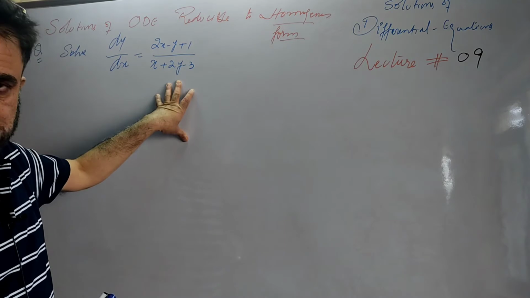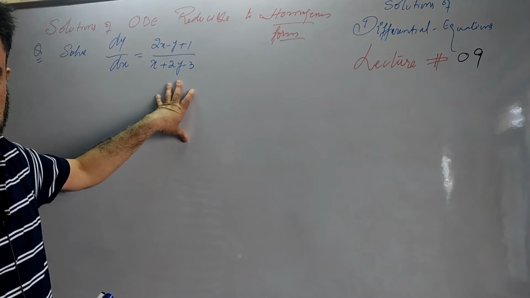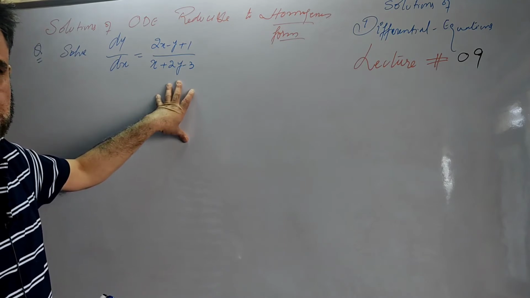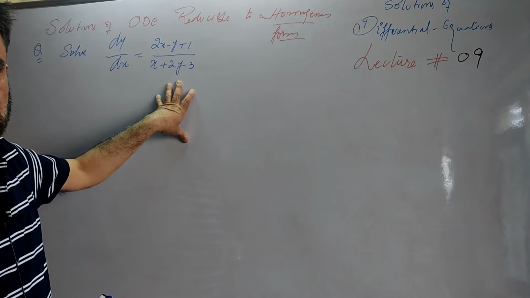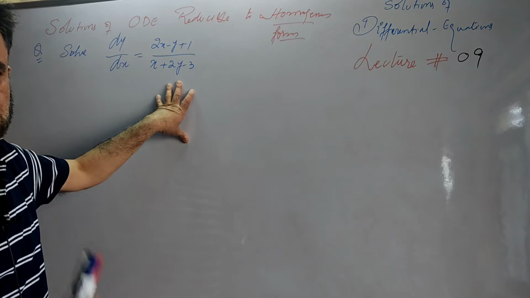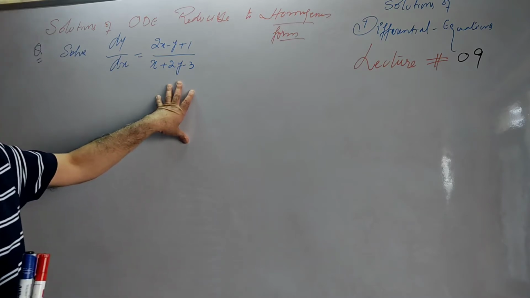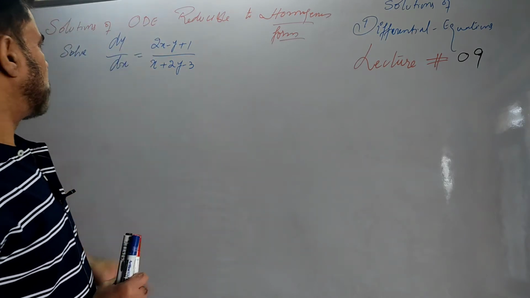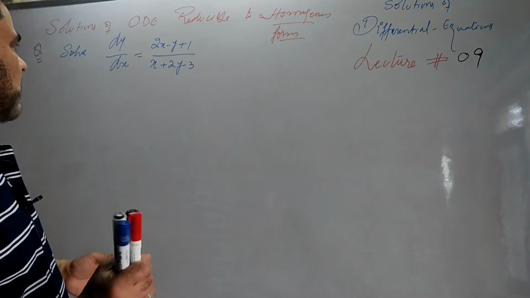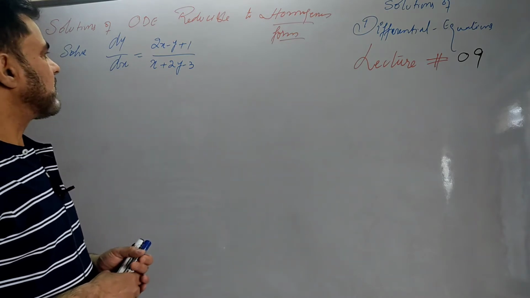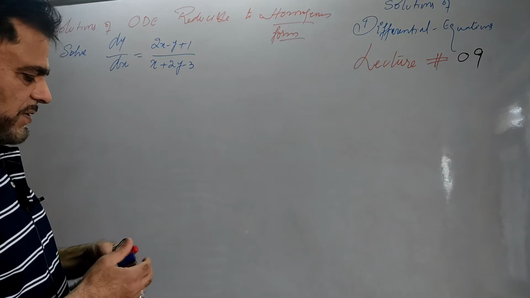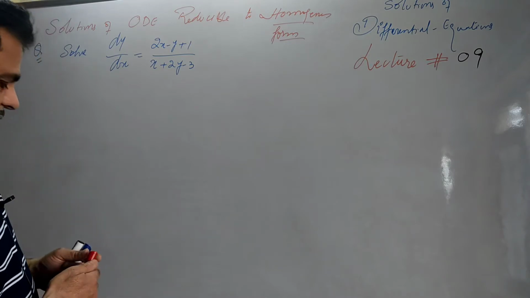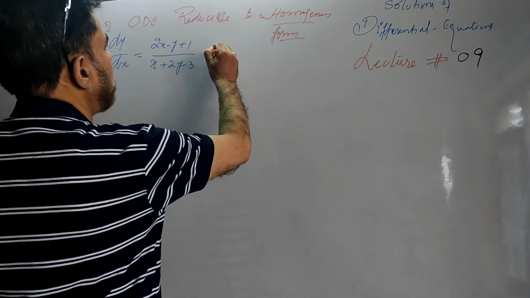We are doing the applications of the differential equations which seem to be homogeneous, but there is the existence of a constant. Due to that constant, the equation ceases to be homogeneous. Such differential equations, we say, are the differential equations reducible to homogeneous form. Now this is another application that we took from your text or some other book. This question, this differential equation, solve it by reducing to homogeneous form.